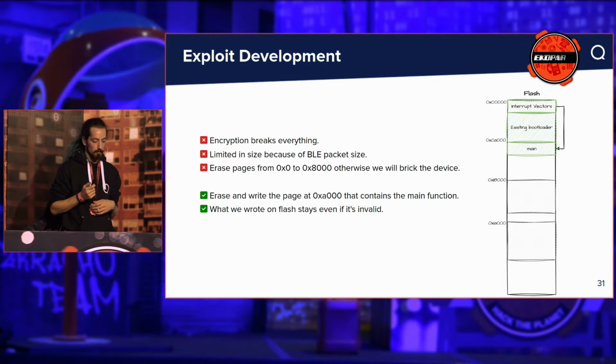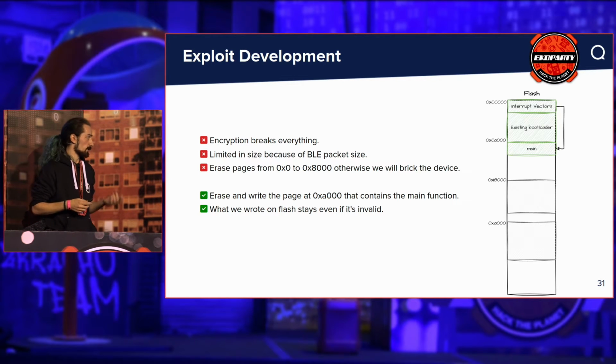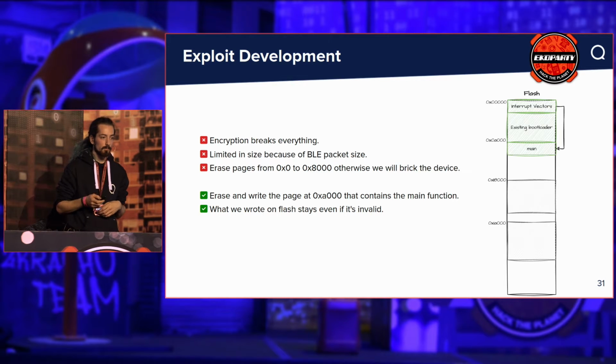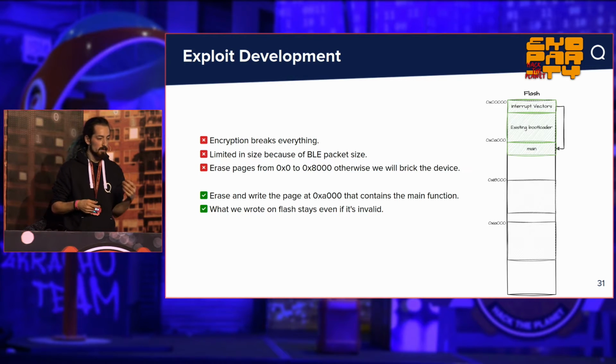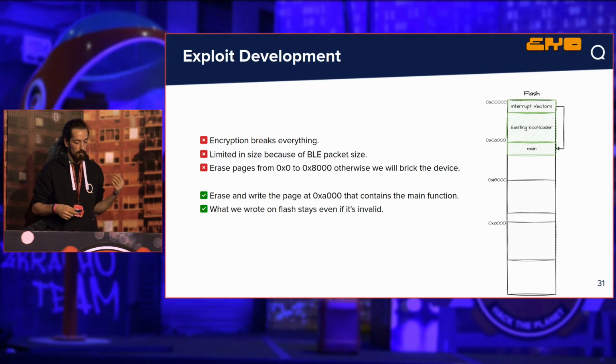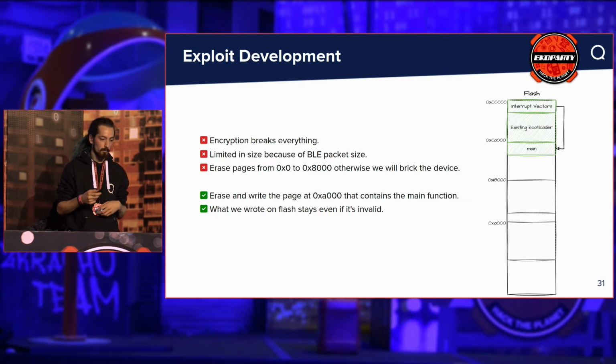We can erase and write on one page that is at this address, and this is the page where the main function is located. And the second thing we can do is that everything we wrote on the flash, even if it's not a correct GBL file, will stay on the flash because the area of the flash is not wiped after